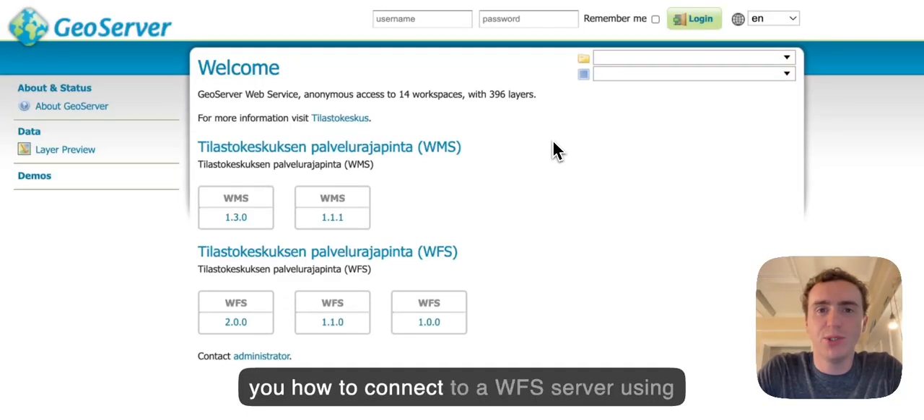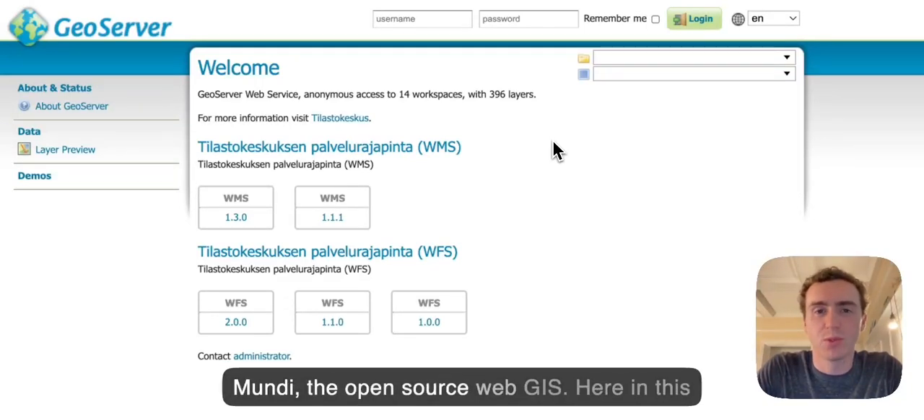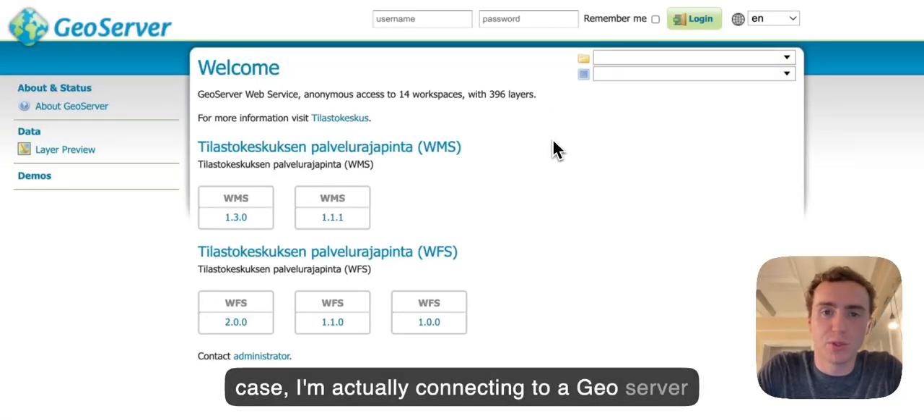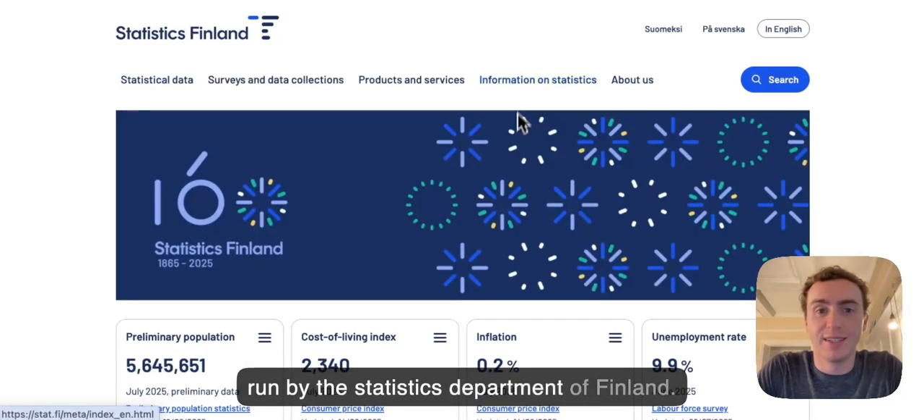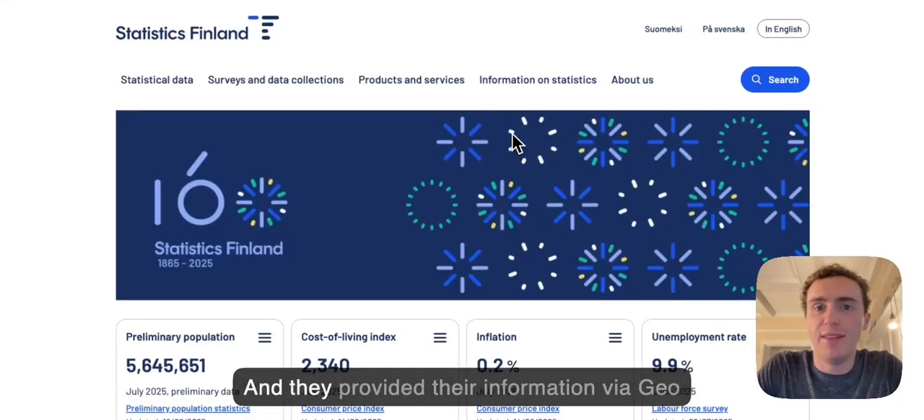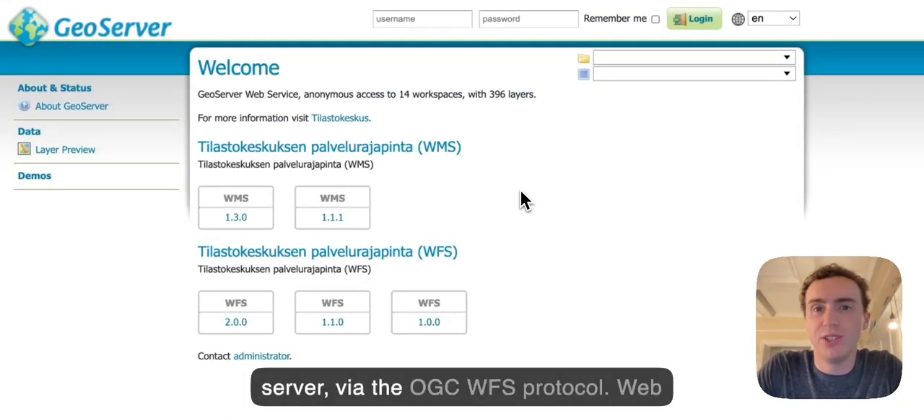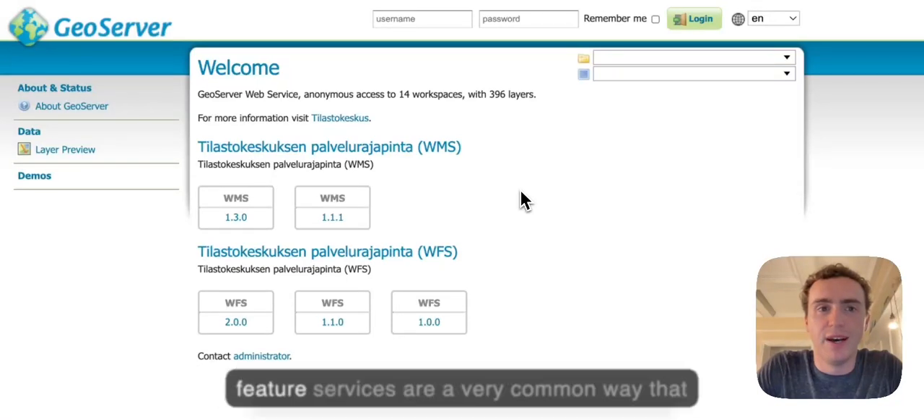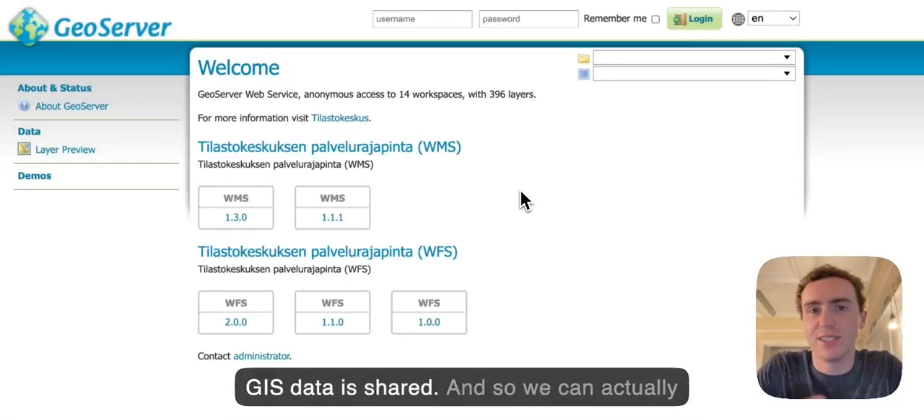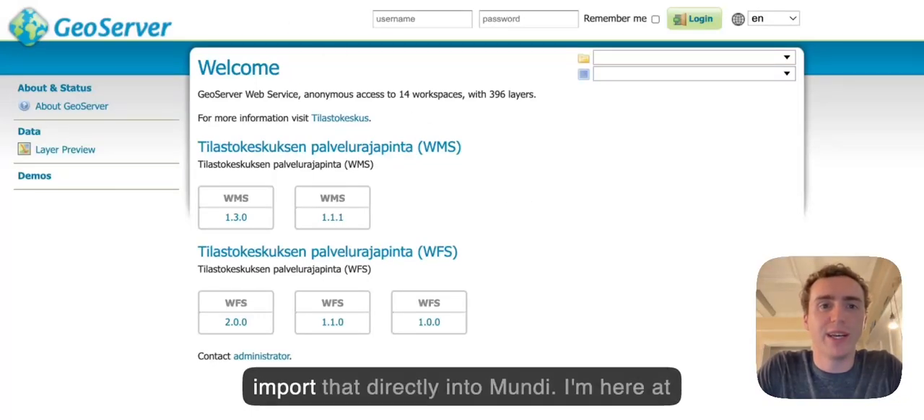Hey, I'm going to show you how to connect to a WFS server using Mundi, the open source WebGIS. Here in this case, I'm actually connecting to a GeoServer run by the Statistics Department of Finland. And they've provided their information via GeoServer via the OGC WFS protocol. Web feature services are a very common way that GIS data is shared, and so we can actually import that